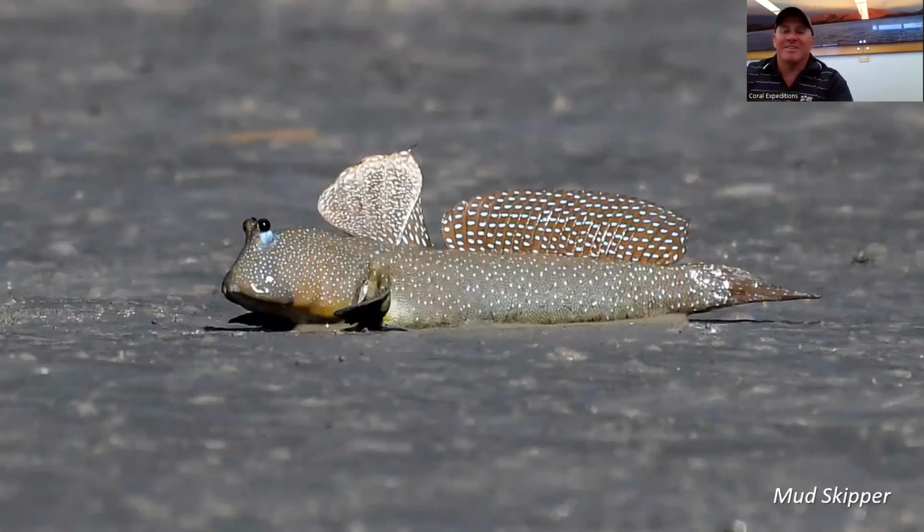Mud skippers. The giant mud skipper can be found in the Kimberley, and they're a decent size. I think there are two really good places to see them, and that's at Parosis Creek on the low tide. So you need your tide out, and they'll come out of their holes and be up on the mud, eating. They're just eating mud and taking protein out of it, and then the mud disappears out the other